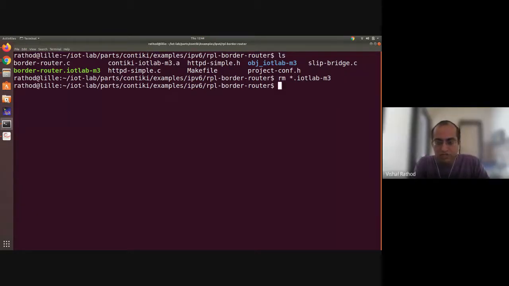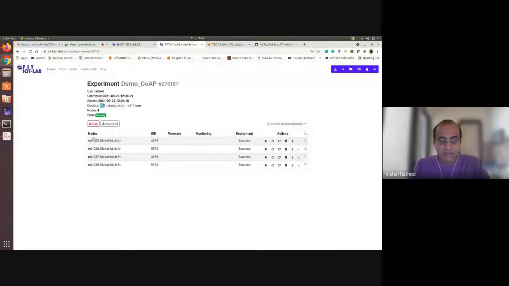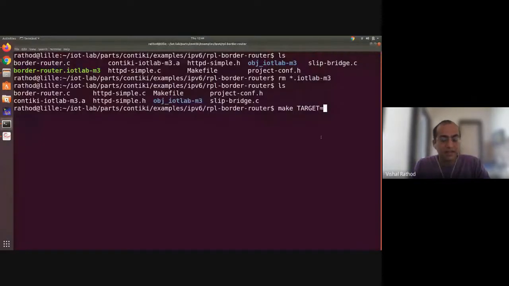So I will remove this binary. So you can see that now there is no binary here. So you have a C file. Now everyone is aware of C programming, how to create the binary, right? You can use gcc filename.c -o with the specific output binary name. So here, nothing you have to do. The command you have to run is make TARGET equal to. Now I am using the M3 architecture, because I already selected the M3 architecture, so I can compile the binary using it.